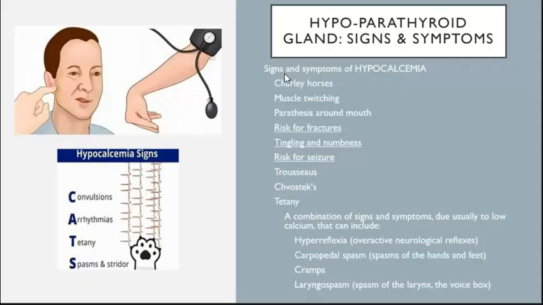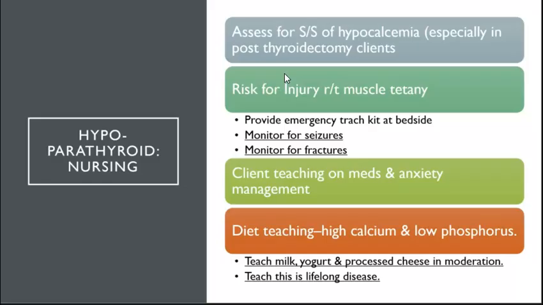Now, your patient is going to be at high risk for cardiac dysrhythmias. One of the dysrhythmias that you'll likely see is torsades de pointes, which can lead to VTAC and then go into ventricular fibrillation. So with your parathyroid, you're always assessing for calcium dysregulation. So looking for those hypocalcemia, looking for seizures, looking for fractures, looking for twitching or tetany.